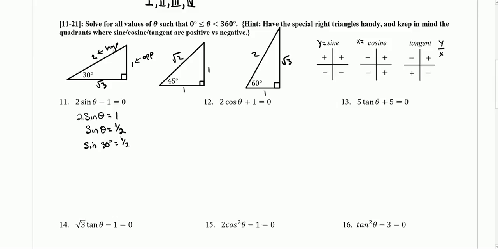Well, if the sine is positive, that's telling us that our y value is positive, so our y value is positive, or the sine is positive in quadrant 1 and in quadrant